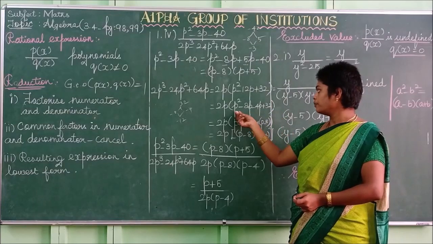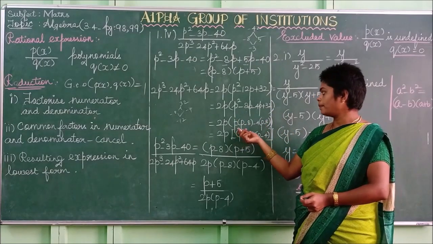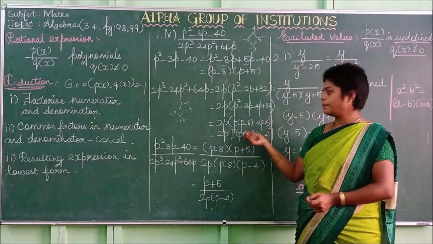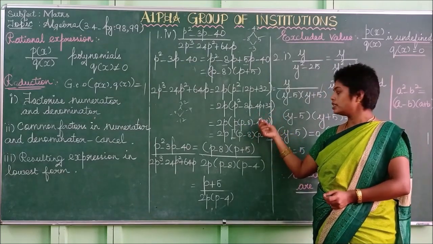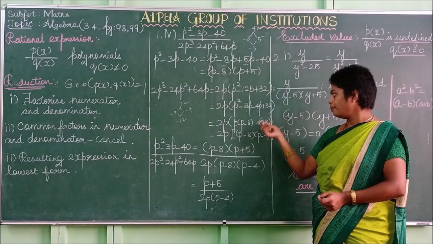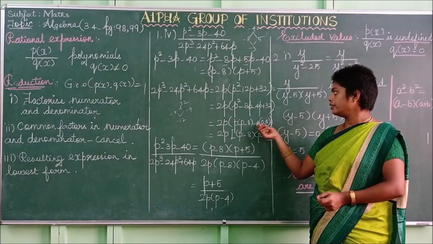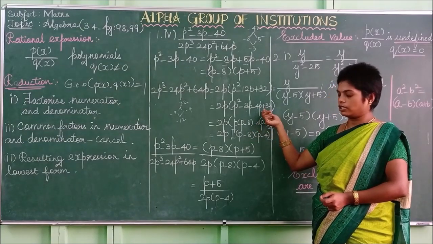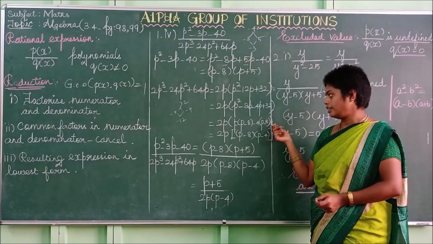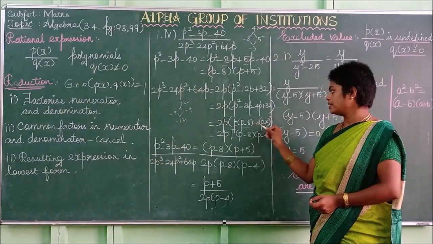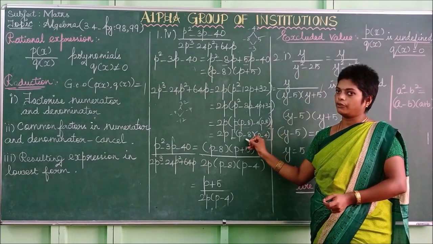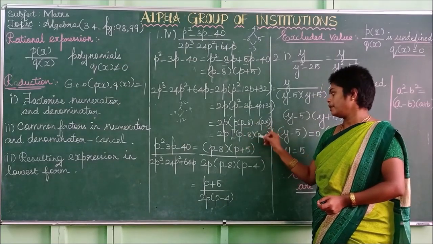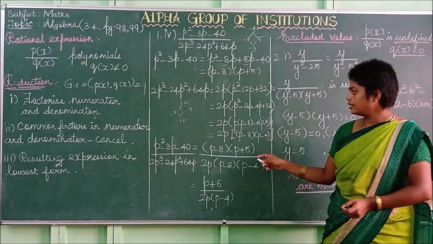From these two terms you can take p common. What are the other terms? p minus 8. Likewise you can take minus 4 common from the other two terms. What are the other values? p, and since a negative value is taken out, the sign changes, so minus 8. Then check: here p minus 8 and here also p minus 8. So you take p minus 4 as common, then p minus 8. Then listen.